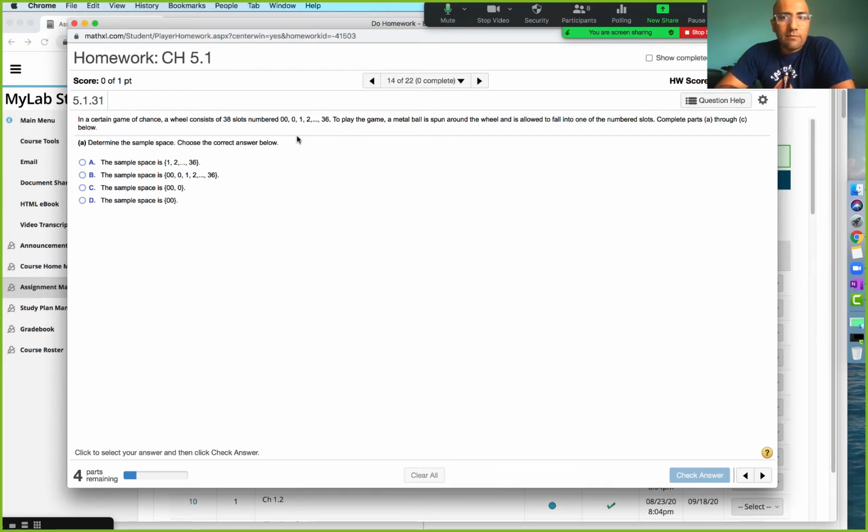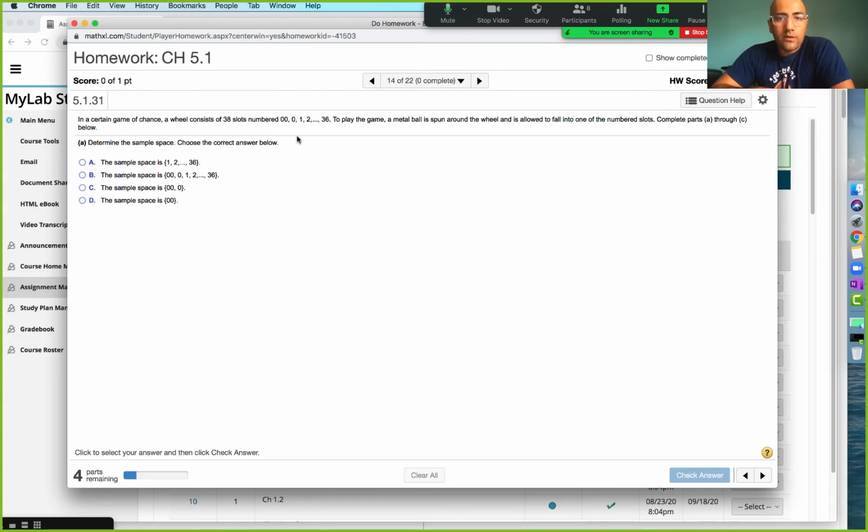Right? If you know the game, then you know that it's impossible for it to land in more than one number, right? And it's impossible for it to land in no numbers. It's got to land somewhere. That's the way it was designed, right? Something bad would happen if it doesn't land on a number, if somehow it gets stuck somewhere. Something would go wrong, right? The game's not designed to do that. Is that clear? Does anybody have any questions about the game of roulette? Good? Okay, so the sample space is simply for you to list down all the possible outcomes